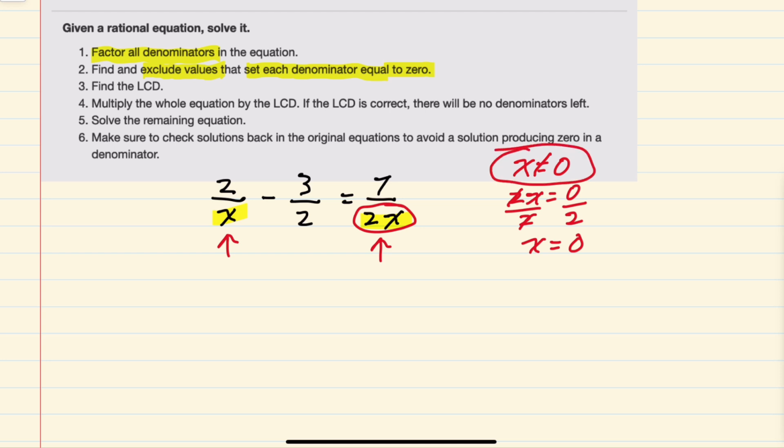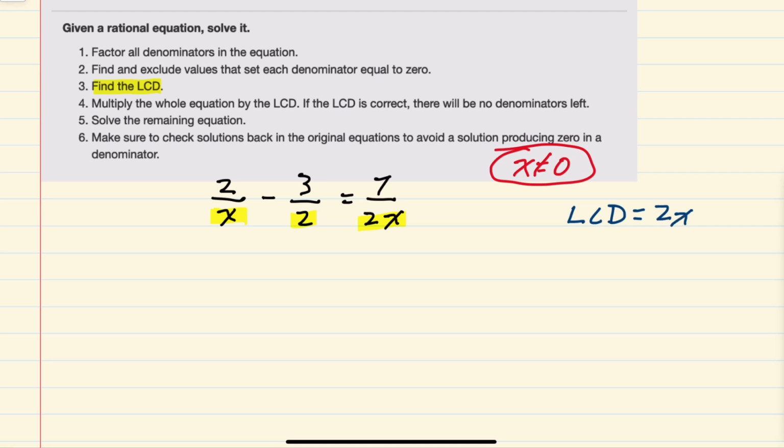So as we continue to solve, we'll need to make sure in the end that we do not have a solution of x equals 0. And now that we know which solutions to exclude, we can continue by solving, first identifying the lowest common denominator. The lowest common denominator of x, 2, and 2x is 2x, because 2x is divisible by each of these, and